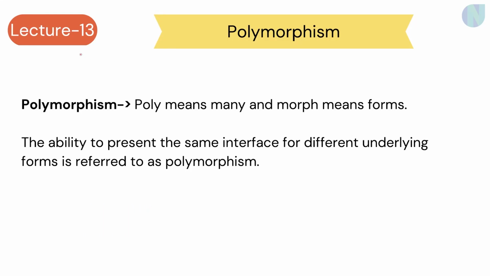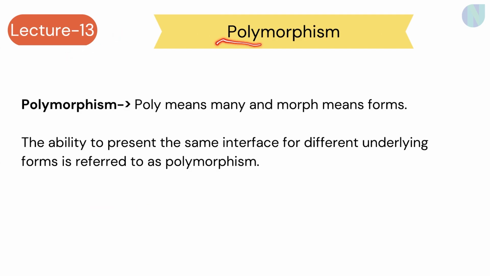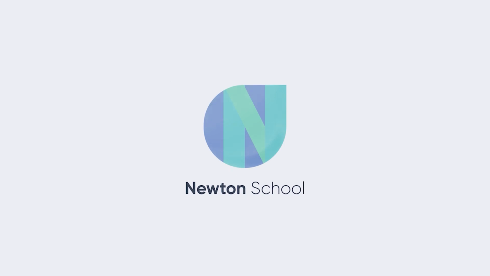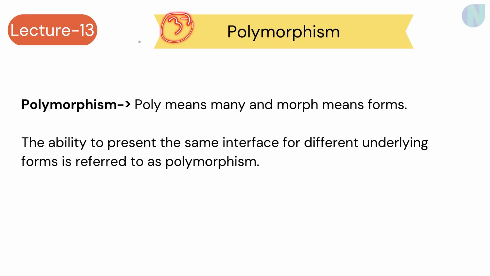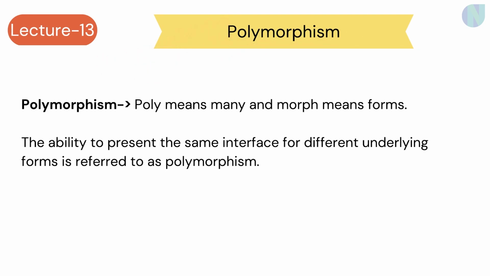I am Riti Kumari and I am back with another video on the OOP series, lecture number 13, and here we would be having a quick look on what polymorphism is all about. So basically it is the third pillar of OOP. Considering the prior lectures, we have seen encapsulation as well as abstraction. So in this particular video we would be having a quick look on polymorphism. Let's start with the definition first.